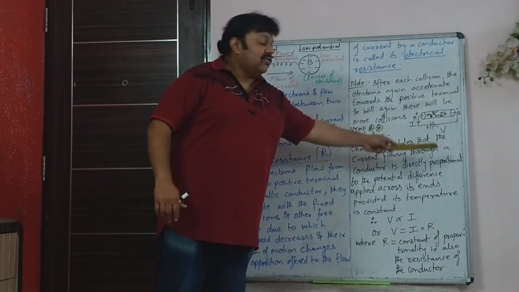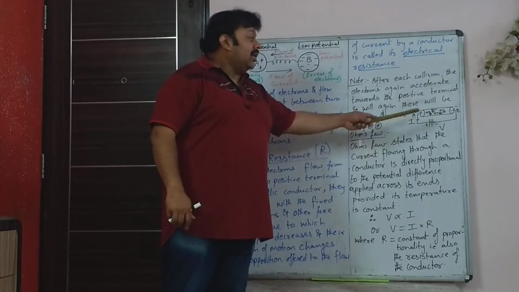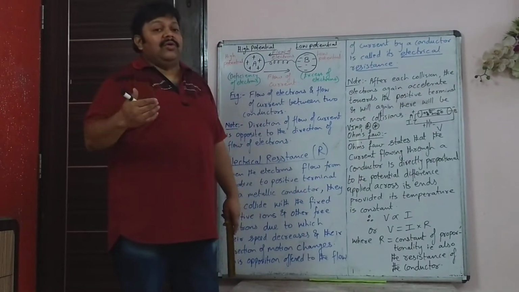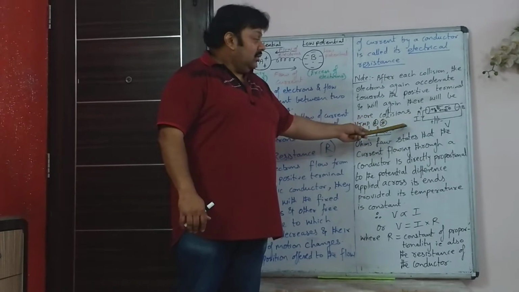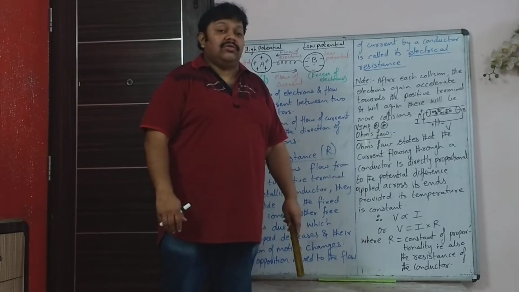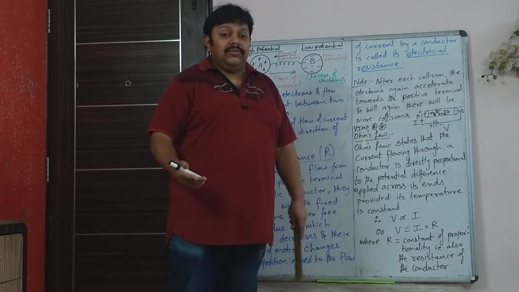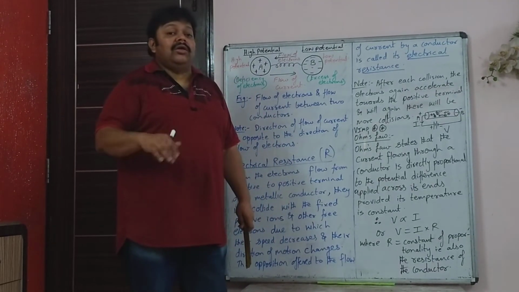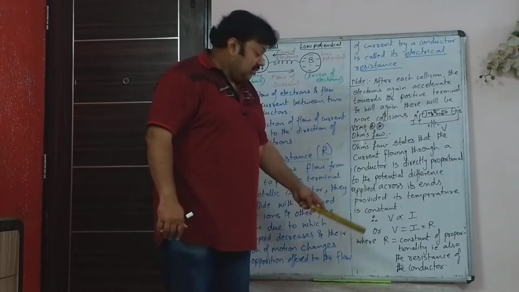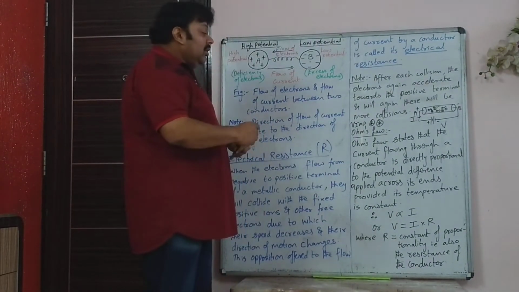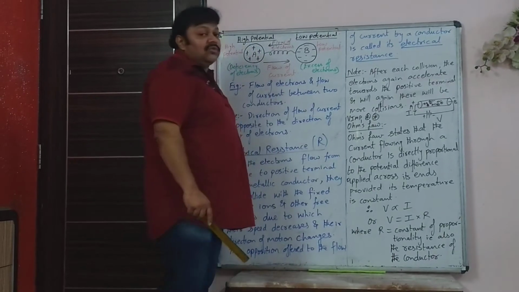This potential difference which you are applying can be read with the help of a voltmeter, and the current that is flowing can be read with the help of an ammeter. So when you see, as the voltmeter reading increases, the current reading also increases proportionately. So if the voltmeter reading doubles, then the current will also double. So that ratio V upon I will remain a constant, and that ratio is the resistance. So here in this equation we have written the mathematical form of Ohm's law. Well, the potential difference is directly proportional to current.